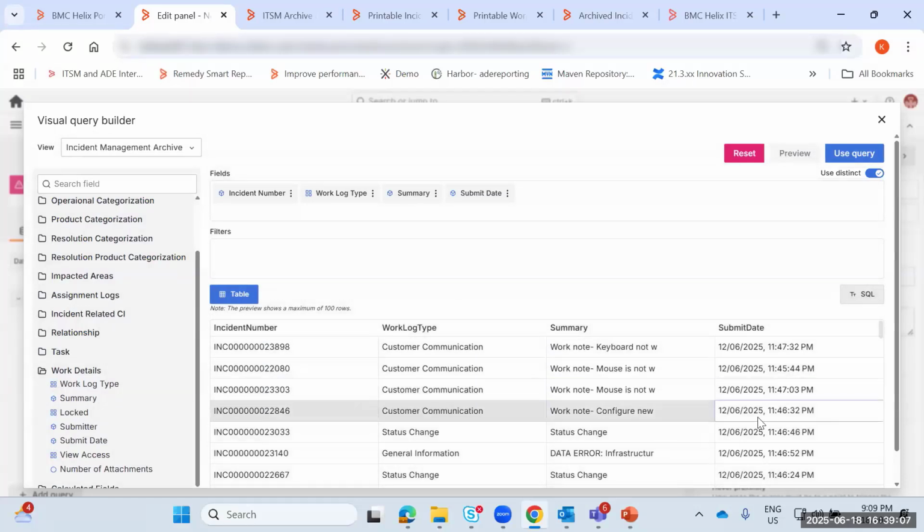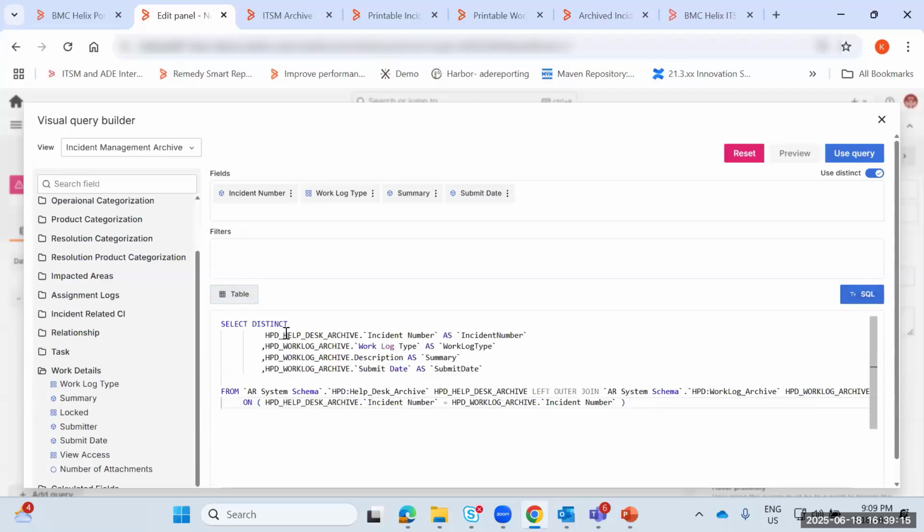Yes, you will start seeing the data, which is actually coming from two archived tables. You can have a look at the SQL, which is generated on the fly without you writing it. It has a join between HPD help desk archive and work log archive. Like this, you will be able to generate data